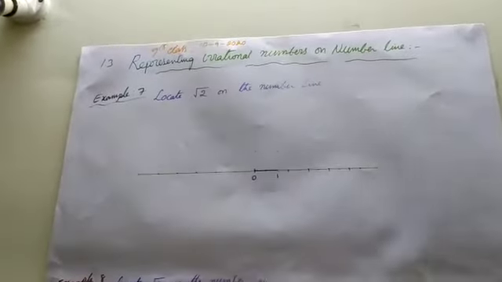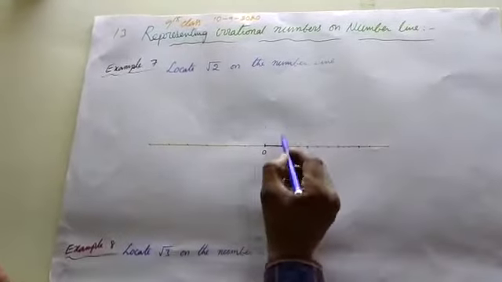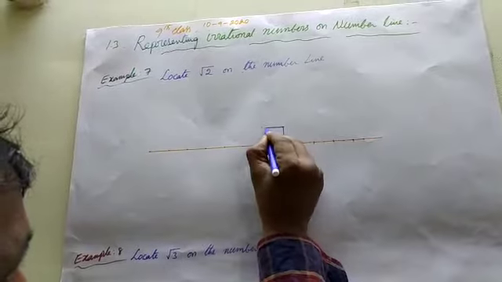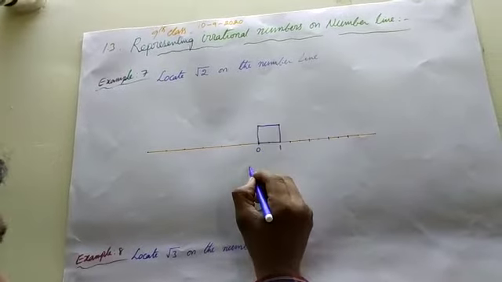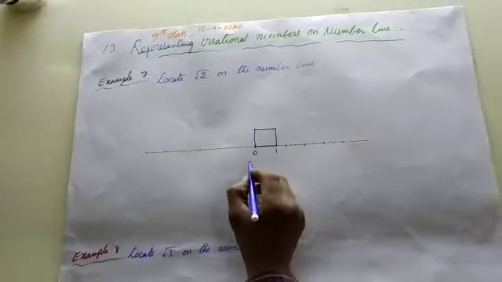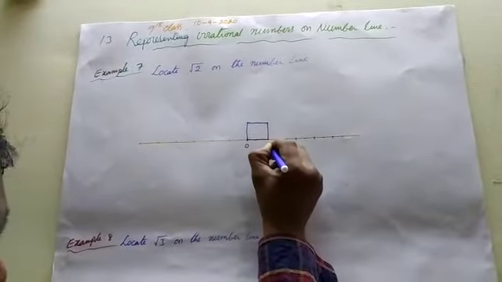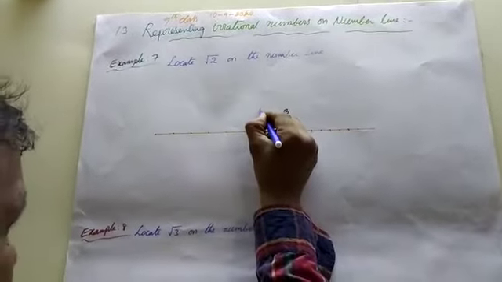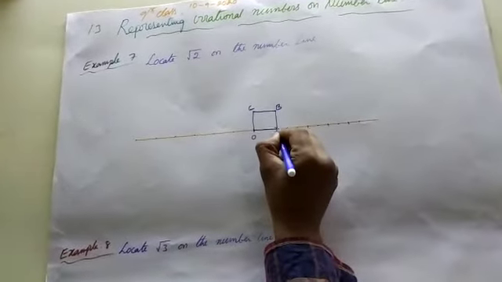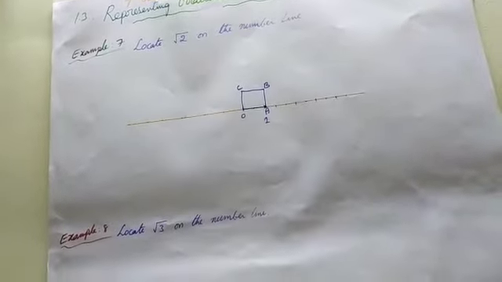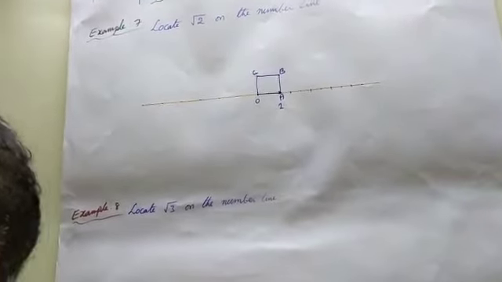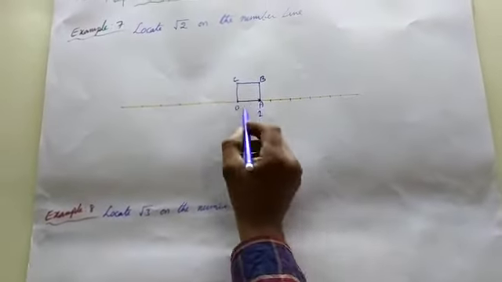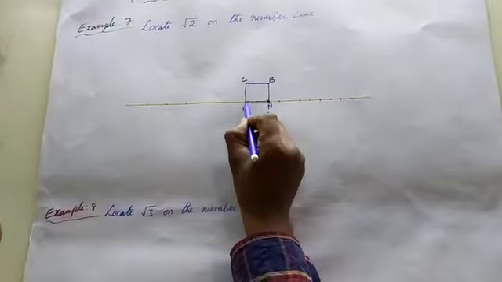The scale is divided with 1 unit. Like this, this is 1 unit, also 1 unit. Therefore, points O, A, B, C. This point is 1. Don't forget. At O, draw a unit square OABC.